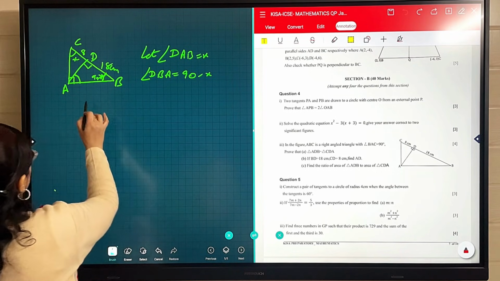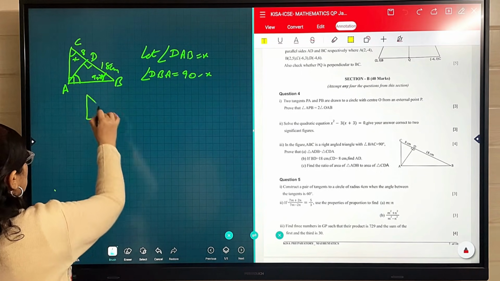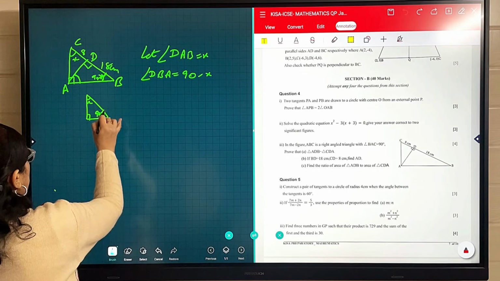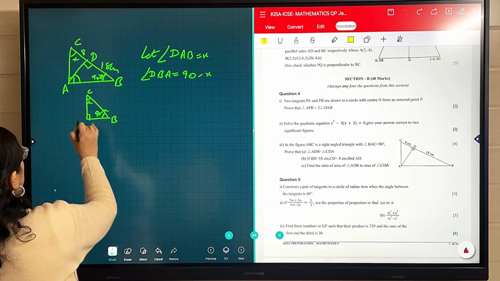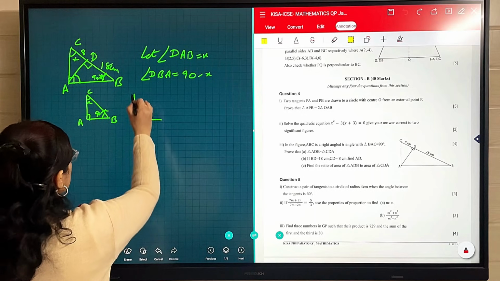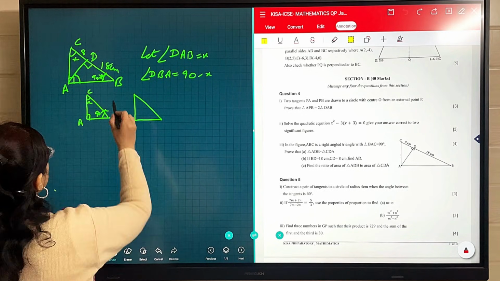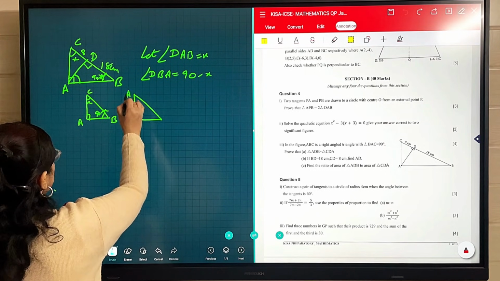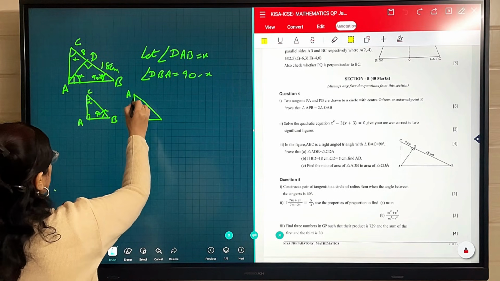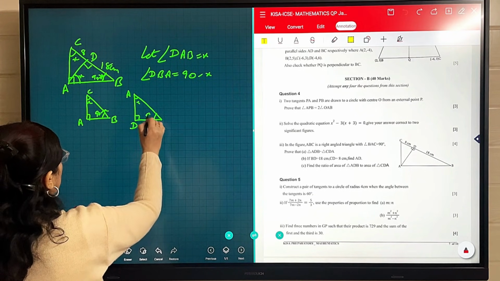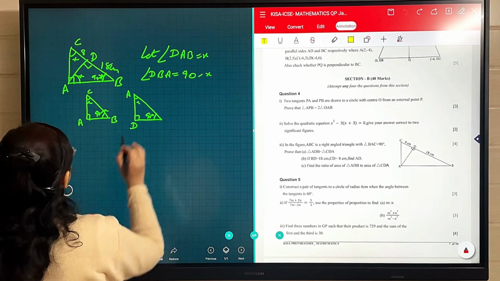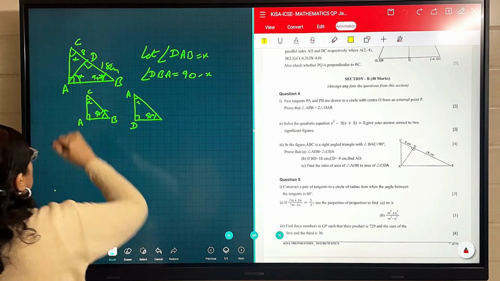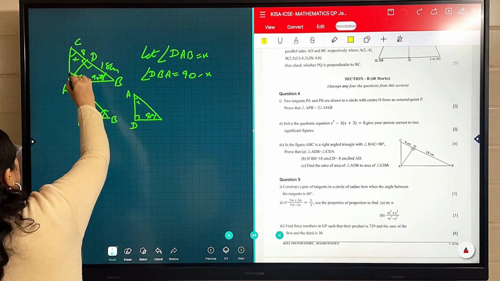Now you got my point that we have to draw these triangles like this. It means one angle is 90, one is X and the other is 90 minus X. This is B, C and A. As a right angle triangle from the same figure we can draw separately at D. So at D I am getting 90 degrees, at A I am getting X and then 90 minus X at B. If this is 90 and this is X, here also we will get the same angle, because this is 90, this angle is also 90 minus X.